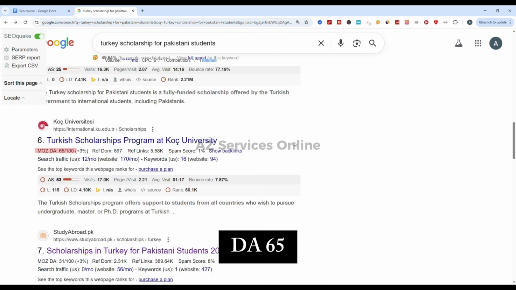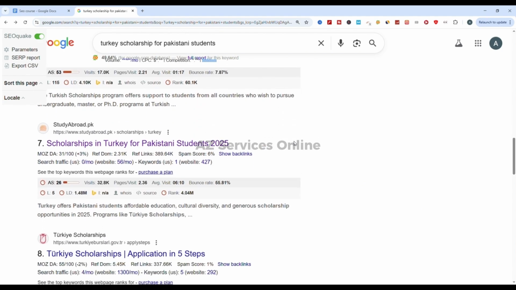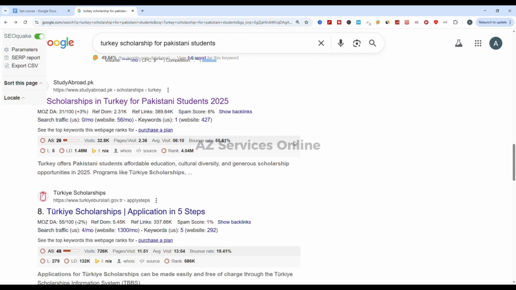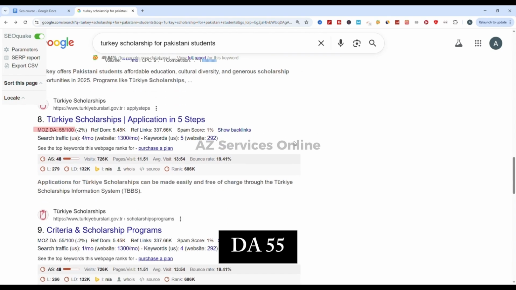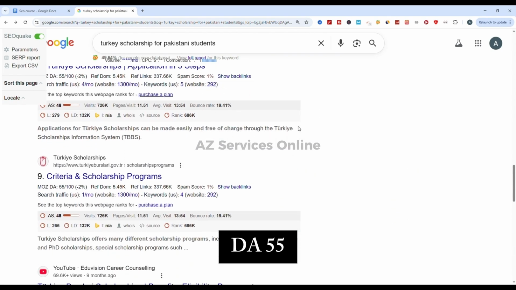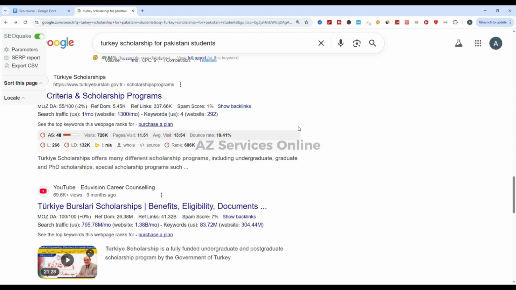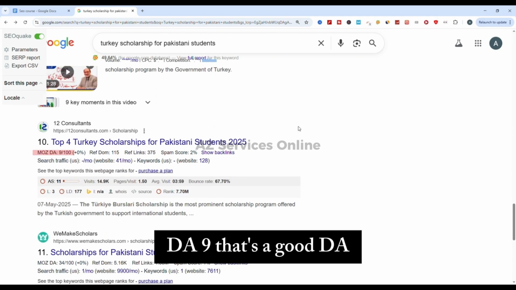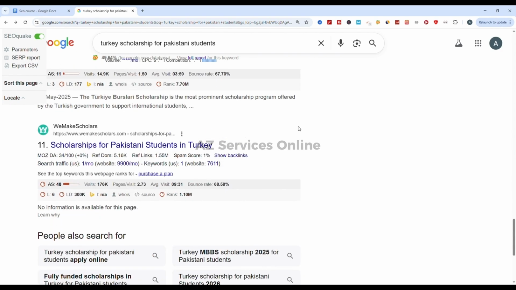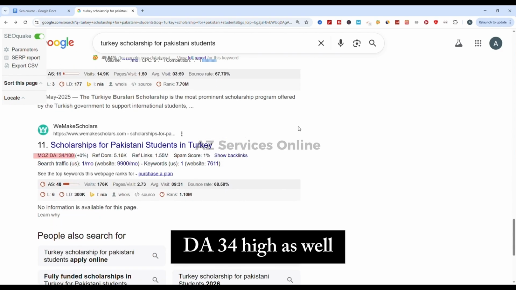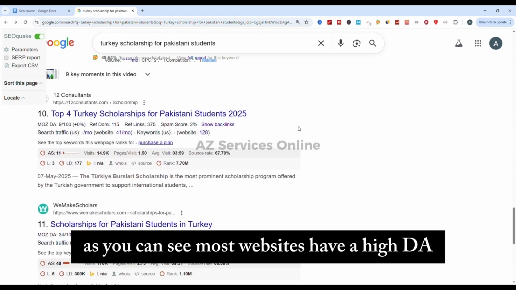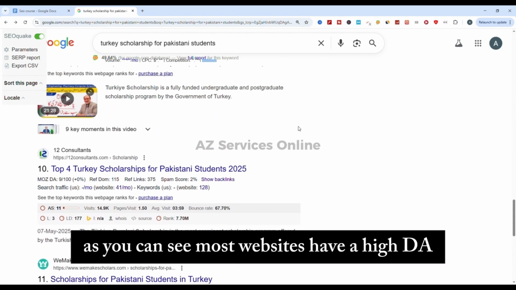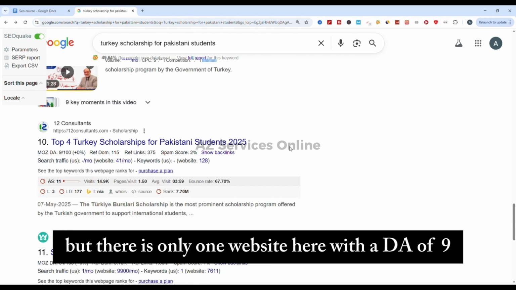DA 65, DA 31, DA 55, DA 55, DA 9, that's a good DA. DA 34, high as well. As you can see, most websites have a high DA, but there is only one website here with a DA